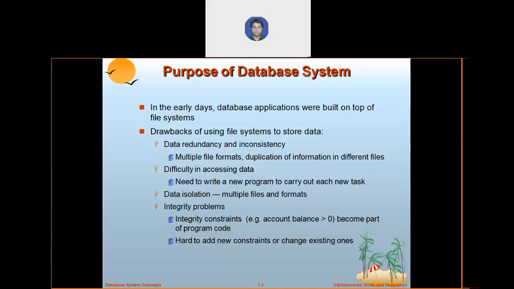द थर्ड प्रॉब्लम विद फाइल सिस्टम इज डेटा आइसोलेशन। डेटा आइसोलेशन में आपके डेटा का फॉर्मेट डिफरेंट है, मीन्स आपने किसी फाइल में अपने डेटा का फॉर्मेट कुछ अलग रखा है, दूसरी जगह कुछ अलग रखा है, तीसरी जगह कुछ अलग रखा है। अब आपको डेटाबेस को एग्जीक्यूट करना है, तो प्रॉब्लम होगी कि डेटा फॉर्मेट डिफरेंट है, इसलिए आप उसको कंबाइन नहीं कर सकते। आपका डेटा आइसोलेटेड है। फाइल सिस्टम के केस में सेम ऑपरेशन दो डिफरेंट डेटा फॉर्मेट्स पे अप्लाई नहीं कर सकते।